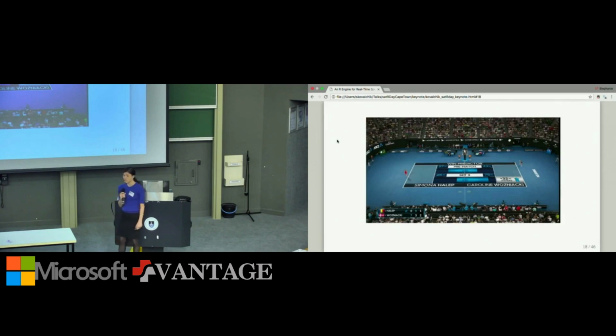So what you see here is a picture from the local broadcast in Australia of this year's women's final at the Australian Open. So the final was played between Simona Halep and Caroline Wozniacki. If you look on the court, you'll see a bar graph displayed, and it's giving information about win predictions. At the top, we have a pre-match prediction, which had slightly favored Simona Halep at 57%. Now, at this phase, when this image was taken, we're already into the third set, so both women are now 1-all, and just beginning the fourth game.